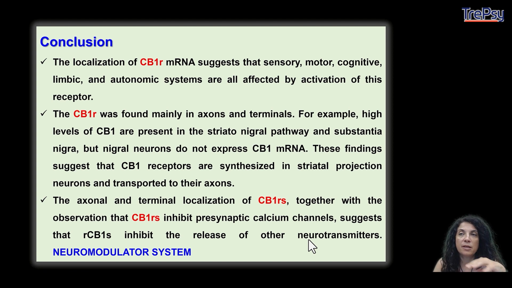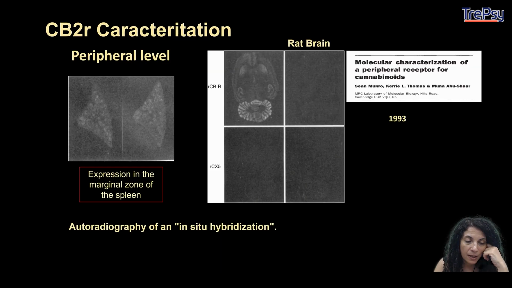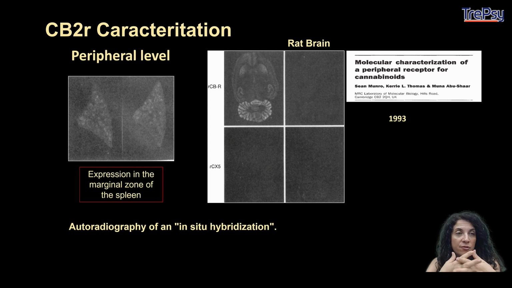That was the conclusion when the expression of this receptor in the brain was observed. The second story I would like to tell you is about CB2 characterization. The CB2 characterization was for the first time in 1993, but